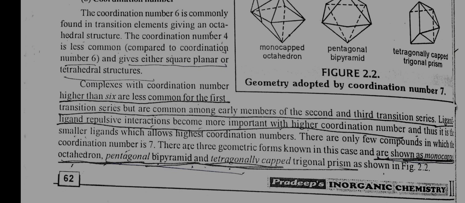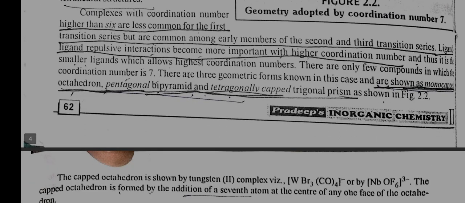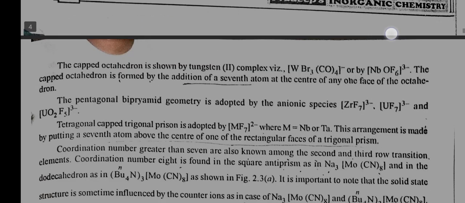There are three geometric forms known in this case and are shown as monocapped octahedron, pentagonal bipyramid, and tetragonally capped trigonal prism. The capped octahedron is shown by tungsten(II) complex. The capped octahedron is formed by the addition of a seventh atom at the center of any one face of